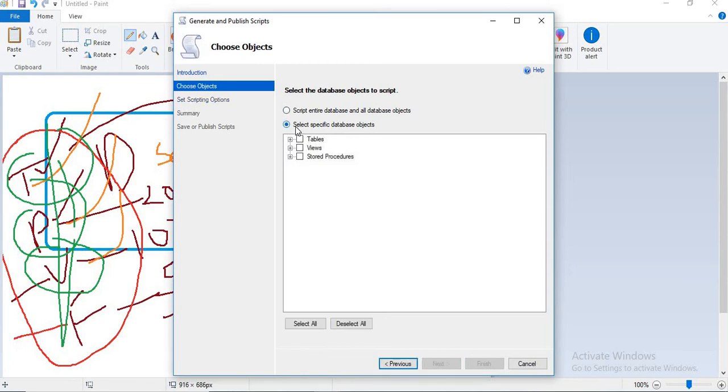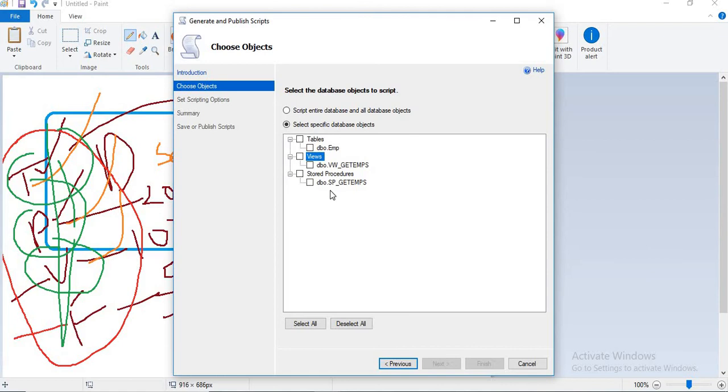Once you select the second option, you get the object types enabled here. Since I created tables, views and procedures, I don't have functions as of now in my database. That's the reason why I did not get that option. Let's expand this. How many tables are there? Of course I have only one table. Expand this. How many? Only one. So let's select like this. If you want only procedures, you select this. If you want only views, unselect this and select this. Unselect if you don't want. Based on the selection only, I'm able to see the Next and Finish buttons here. Otherwise, I'm not able to click on Next or Finish. I have only Cancel and Previous.